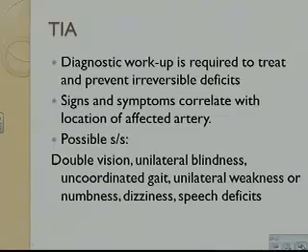With a TIA, a workup would be done, and they would not only check the brain neurologically with a CAT scan or an MRI, but also your carotids, and they might do an echocardiogram to see how the heart is. Some of the signs and symptoms, as you notice on here, look a lot like the signs and symptoms of a stroke. You've got double vision, your coordination is off, you're having trouble speaking.